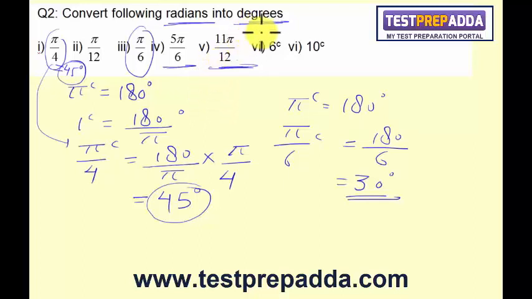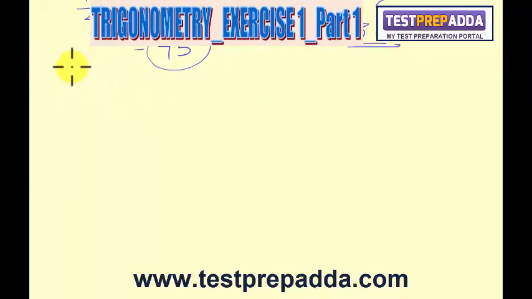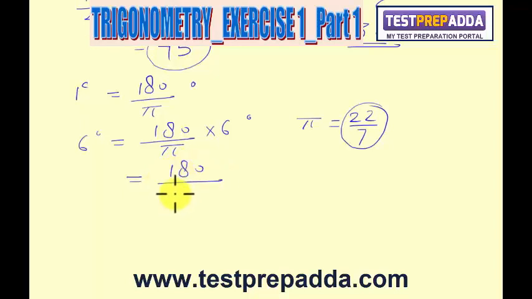Now here I'll show you how to find 6 radian in degrees. As we know, 1 radian is equal to 180 by pi degrees. So 6 radian will be 180 by pi into 6 degrees. As we know, the approximate value of pi is 22 by 7. So I'll substitute here. It will become 180 by 22, 7 will go here. It will be in degrees. So 6 radian will be these many degrees. And if you solve, it comes about